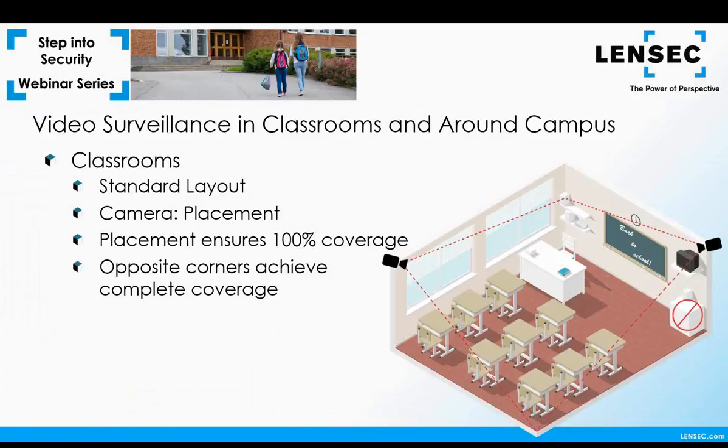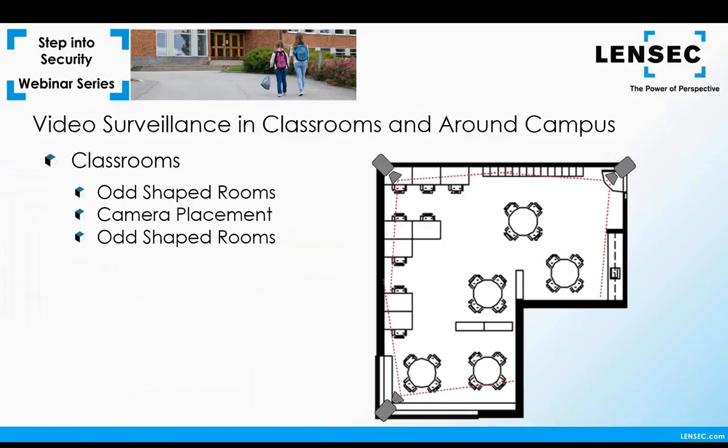A privacy mask will digitally block out sensitive areas within the camera view. That must be set up within the camera and would typically require going into the camera menu to ensure that the privacy mask is turned on or off. When you have odd-shaped classrooms, you may need extra cameras to cover blind spots. A single or double camera arrangement may not be enough. Let's take a look at this L-shaped room. In this scenario, I'm recommending 3 cameras to achieve 100% coverage.